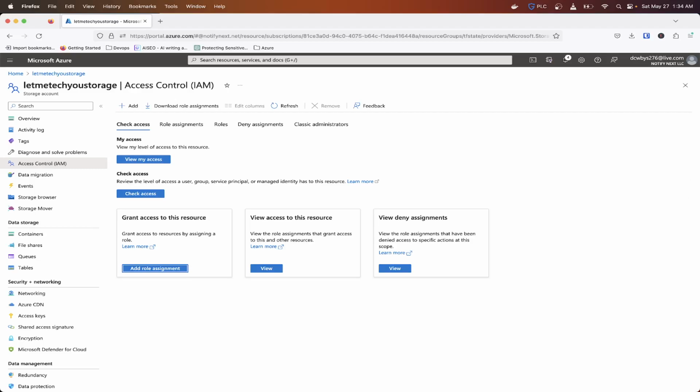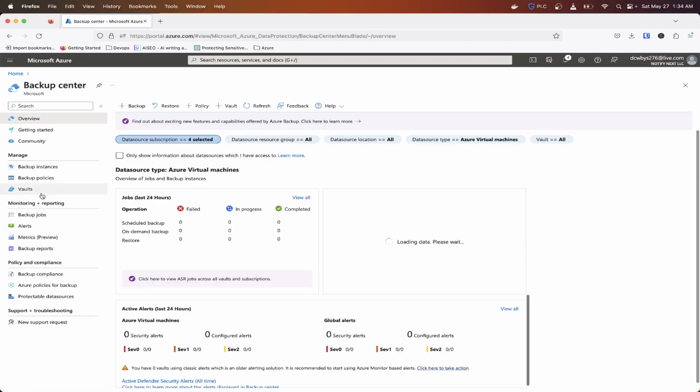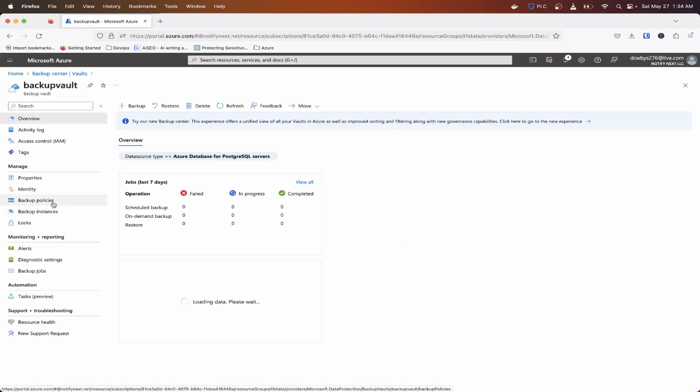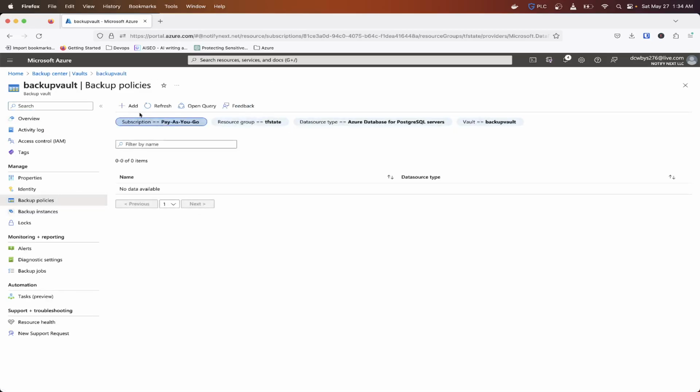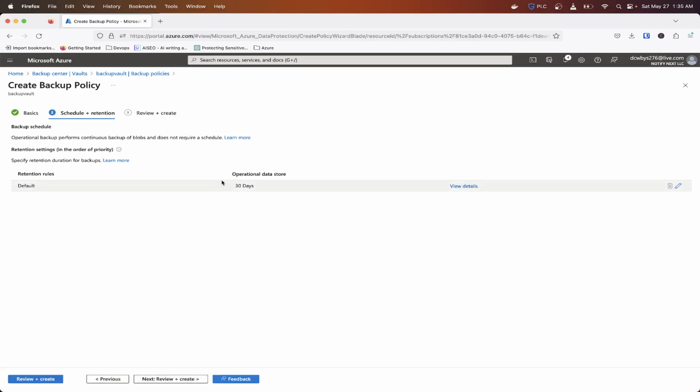So now we're going to go ahead and create a backup policy. So we're going to go back to Backup Center. Click on our vault. We're going to create a backup policy. And policy name, I'm just going to call it Azure Storage Account. Call it whatever you want. And then Azure blobs. We want to make sure we select the data source type. And then, as you can see here,